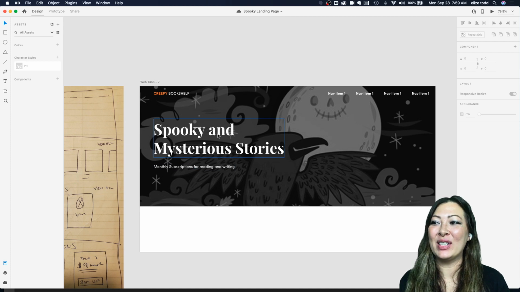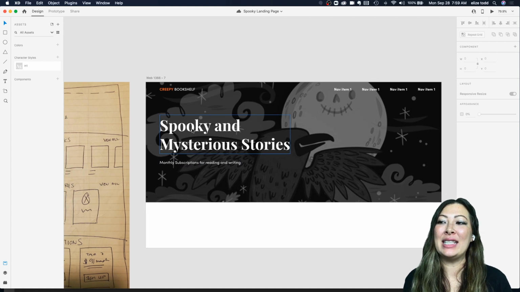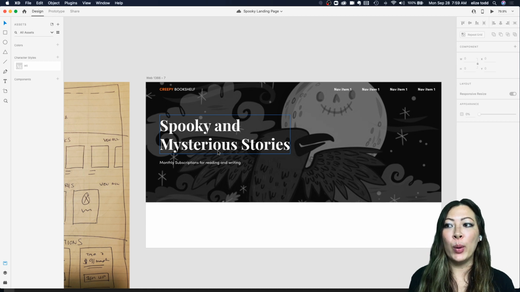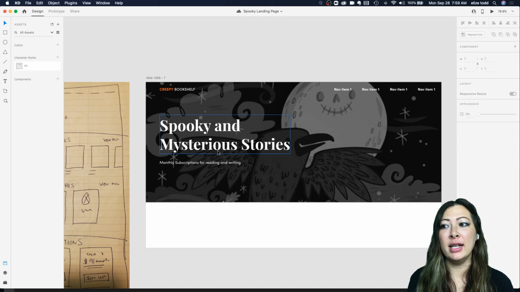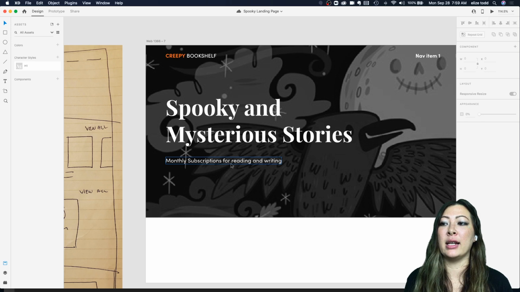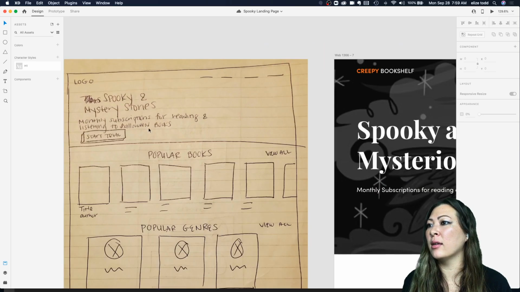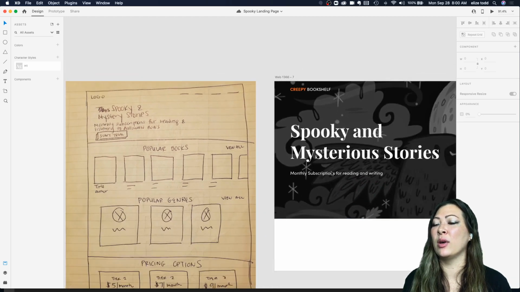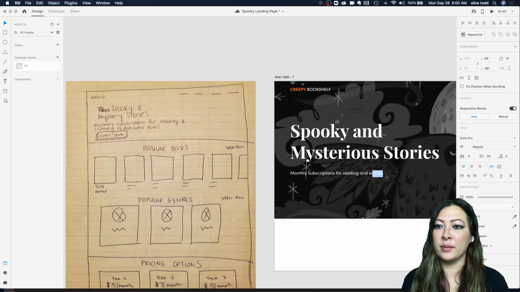Yeah, we want to understand hierarchy. So this is the main, this is what I want people to really pay attention to and read on the page. So it's very large, it's very bold. And then secondary information, I want their eyes to go from here to the second headline here, right? So monthly subscriptions for reading and listening to Halloween books. So reading and